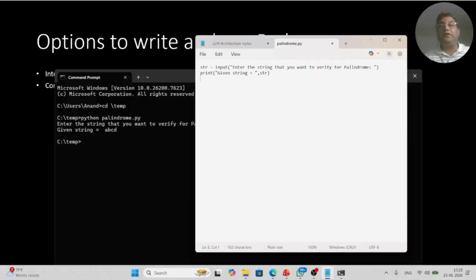The string is stored as a list. So what I can do is I can just use slicing, right? I will just say if given string is equal to reverse string. How do you get reverse string? I will just use slicing here. Starting from beginning to end and in a reverse direction. List slicing is one of the methods that you can use. Reverse direction is -1. If both are same, I will just print, given string is palindrome,